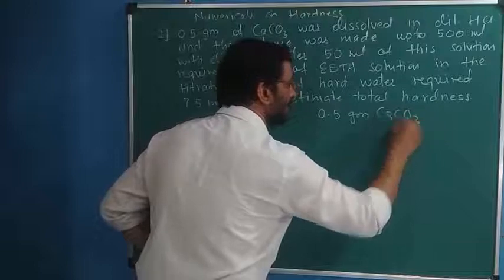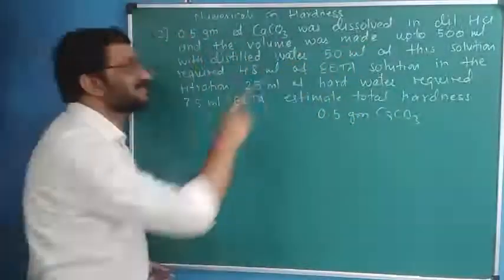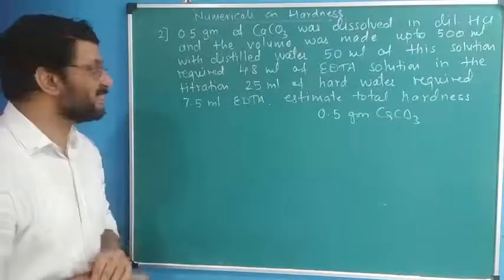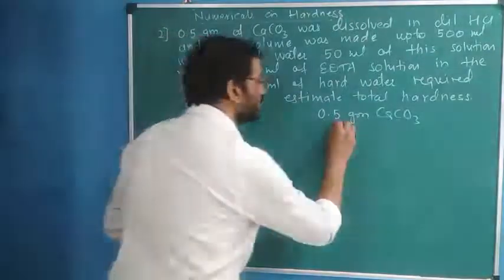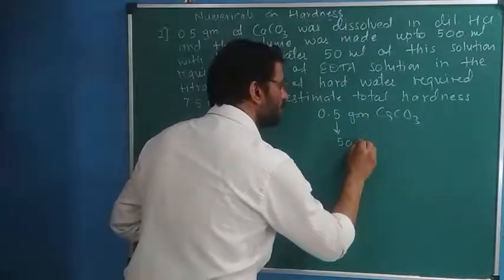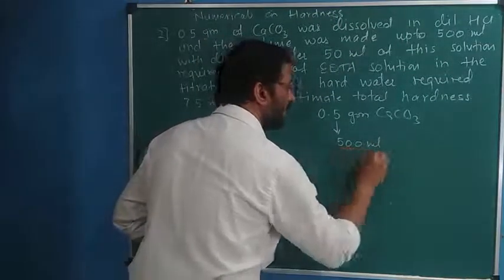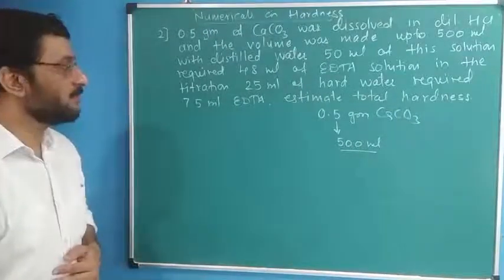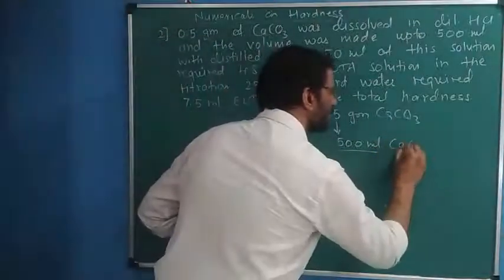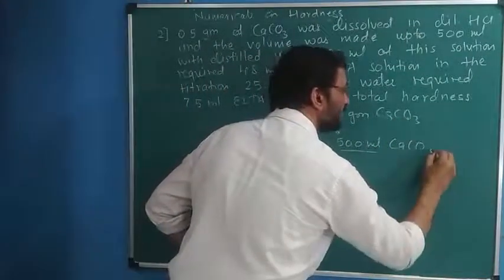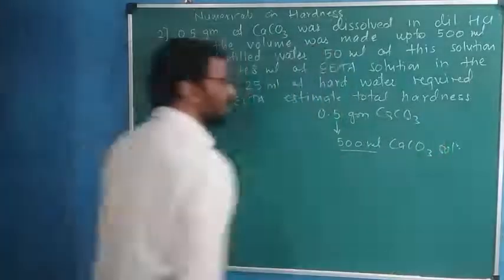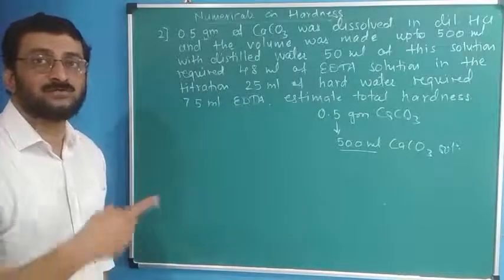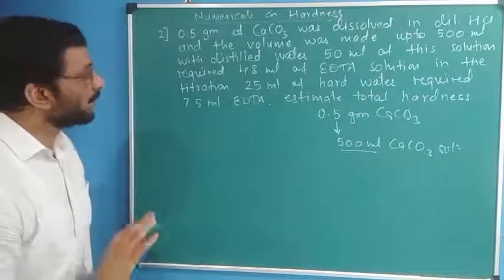CaCO3 is taken, and this HCl is just for confusion. Don't bother about HCl, it is just to dissolve CaCO3, and the solution is made up to 500 ml. Say it is a stock solution, a 500 ml CaCO3 solution. That is a hard water solution, the standard hard water solution we use for part 1 of the experiment. Okay,